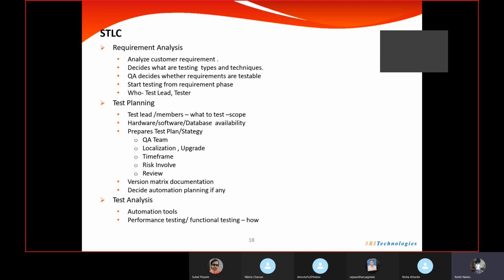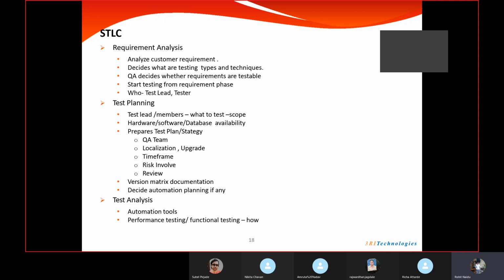Even though they are in our requirement document, we will not test them because they are not in the scope. And who is deciding the scope? The test lead is deciding the scope based on the communication with QA, right? Maybe after some time we will be testing those remaining 50 by a different approach, or they will be tested by a separate team, we don't know. But our only scope is 50 out of 100, so that we will be testing.